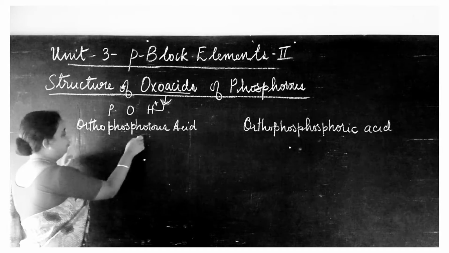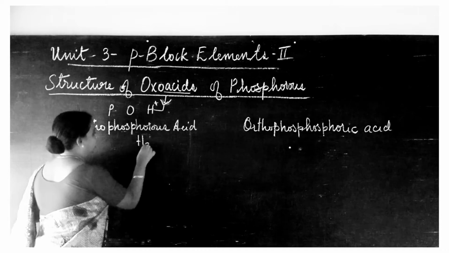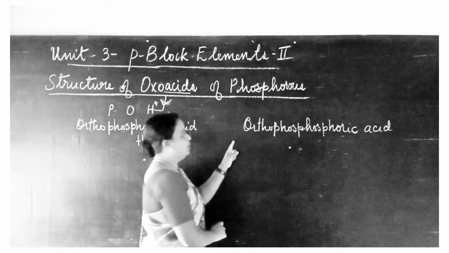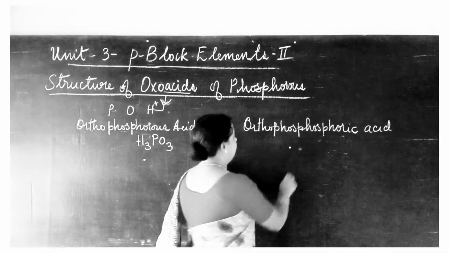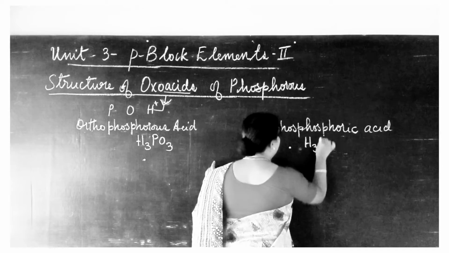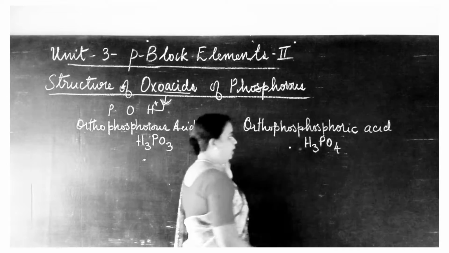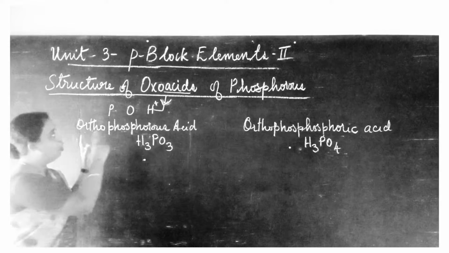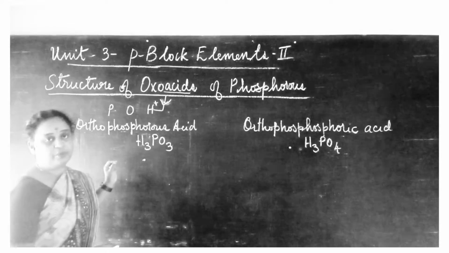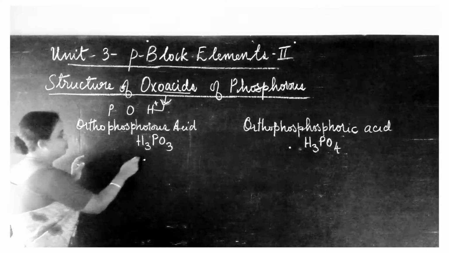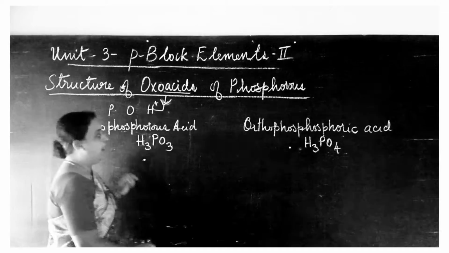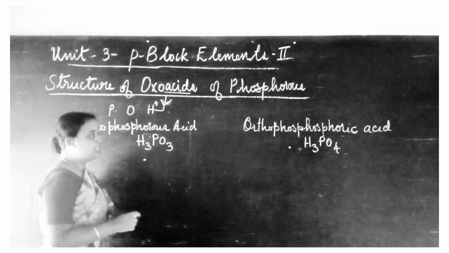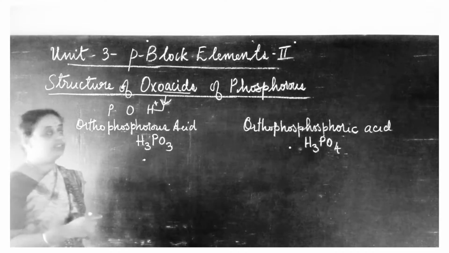The formula for orthophosphorus acid is H3PO3. And another one is orthophosphoric acid, H3PO4. So these two acids form the basic structures for all other oxoacids of phosphorus. Okay, so the orthophosphorus acid H3PO3 and orthophosphoric acid H3PO4 are acting as the basic structures for all other